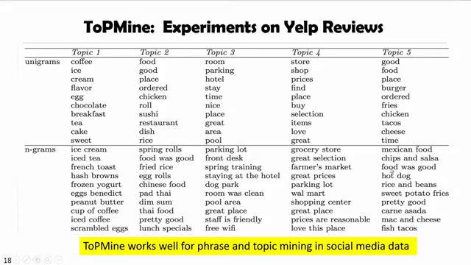One thing we should note is, for example, "food was good" is generated here. "Food was good" is actually a sentence. It's a short sentence, not a phrase. If we add a little more, for example part of speech tagging, we will be able to rectify it and get rid of "food was good" as a short sentence. It's not a phrase. The remaining ones are pretty good. That implies ToPMine can further integrate with some natural language processing features. Then we will be able to generate pretty high quality phrases for the subsequent processing.